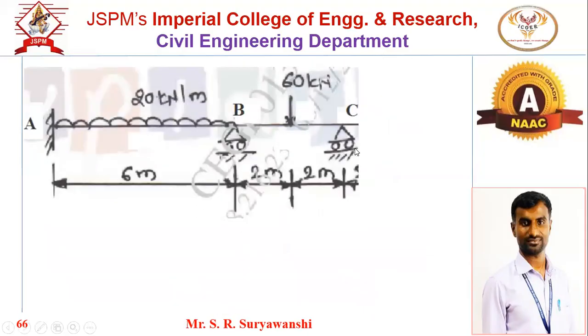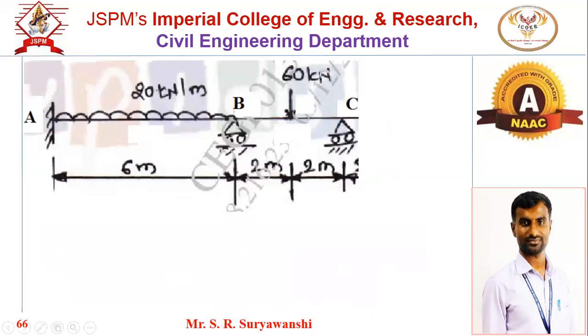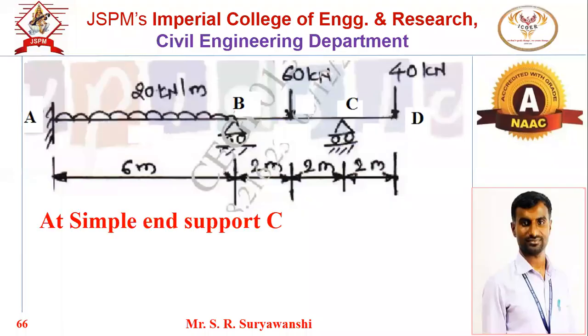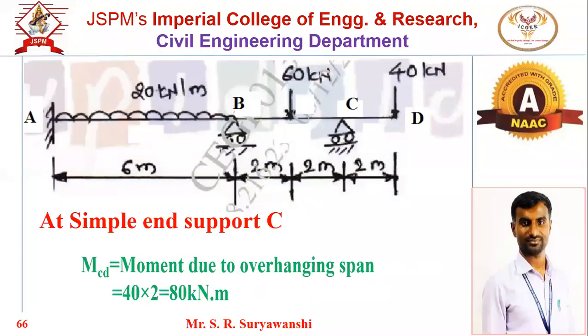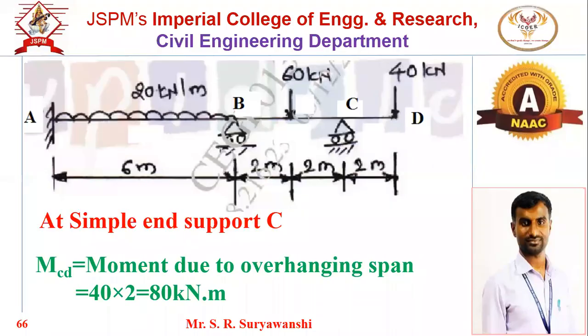And then next we have to find the moment due to the overhang. If you have already written it in step number 1, there is no need to write it again here; this is only for your understanding. So due to this overhang we have to find the moment: 40 into 2, that is 80. Again, no need to write the plus or minus sign here, only write the moment, that is 80.